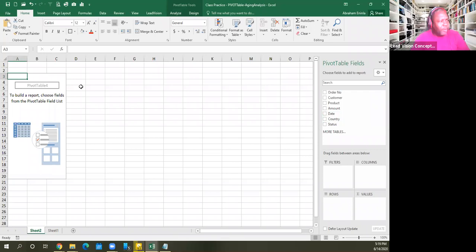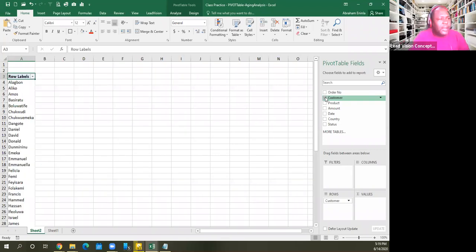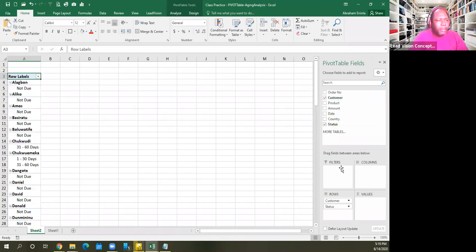And of course, the one on the left side is the summary area. So now the first thing I want to do is to pick customer. So just move your mouse on the box where I have customer and tick. When I tick customer, all the customers that I have will show on the left side. Then status, I'll pick status,